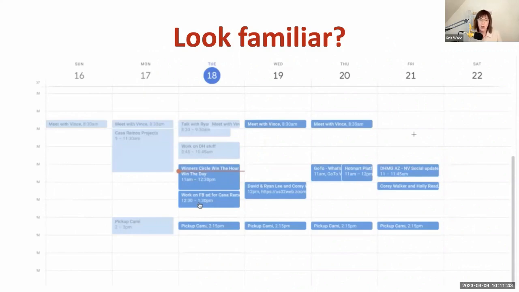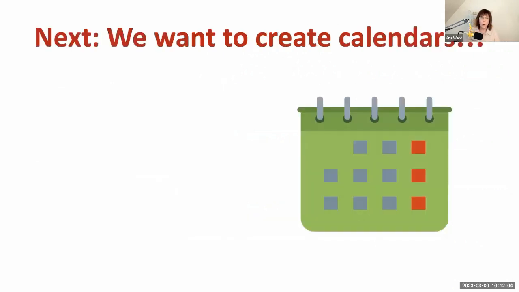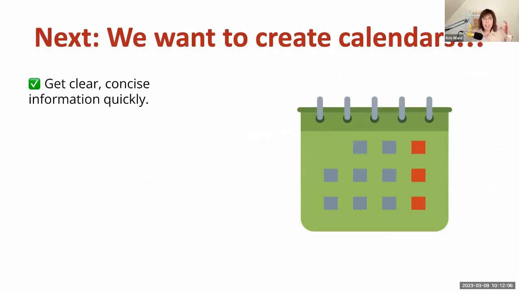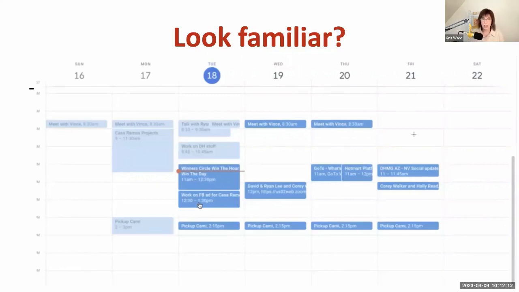So this is, I would say, a decent calendar. Look, this one here on Monday has projects on it. Most people don't even have that. So this is probably filled out a little bit more than I'm used to seeing, but these great big gaping holes in here are not free time. So what we want to do is create calendars, and when I say calendars, what I mean is we're going to have different calendars that tell us information. Also here, everything you see is done in one color. So we've got one calendar. I'll explain this. If you don't understand this yet, I'm going to show you at the end. Don't worry about it.